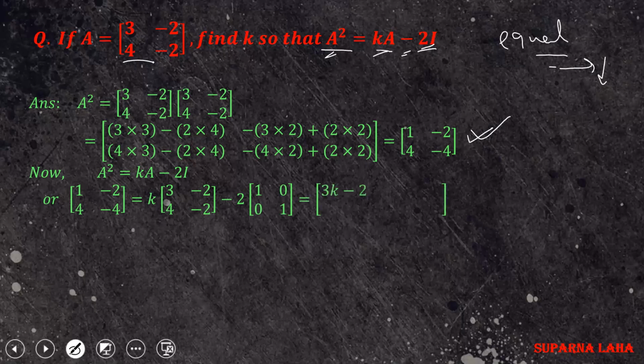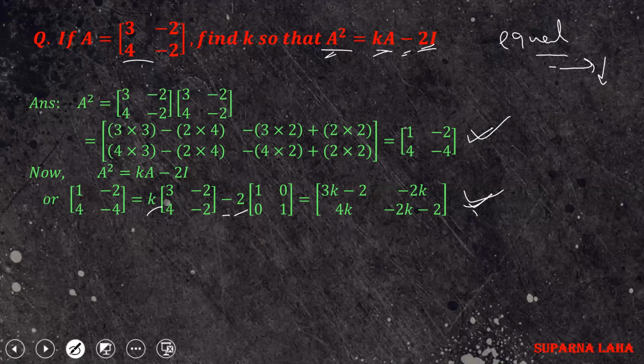So 3k minus 2, minus 2k, 4k, minus 2k minus 2. So simplify this one, multiply with k here, multiply with 2 here, and then subtract. You will find this value. I don't think I have to show the simplification, I think that you can